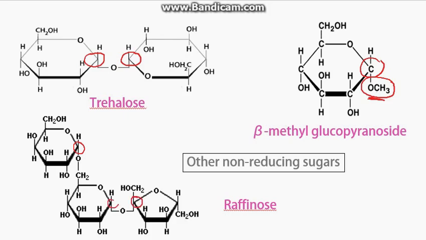So you may get questions at the competitive exam level where you are asked to find the number of anomeric carbons. So all that you need to do is see which carbons of the ring, only in the ring, are involved in bond formation with two oxygens. And one of those at least should be a free OH group. That ensures that the sugar has a reducing nature. It has a free OH group, it has a reducing nature.